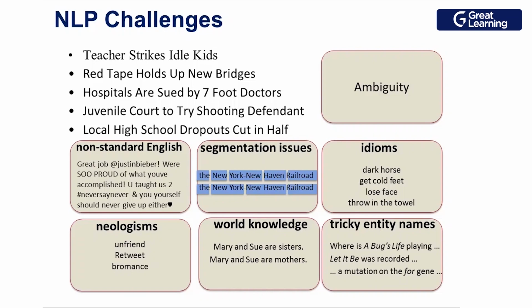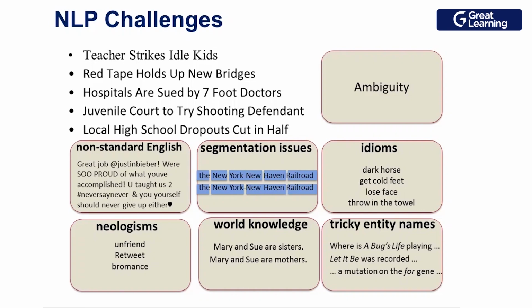For example, when you are writing a for loop in C, for i equals 0, i less than 10, i plus plus, it means the same thing. It cannot have two different meanings. It has just one meaning: i is a variable, and you have to go from 0 to 10, or 0 to 9, less than 10. But